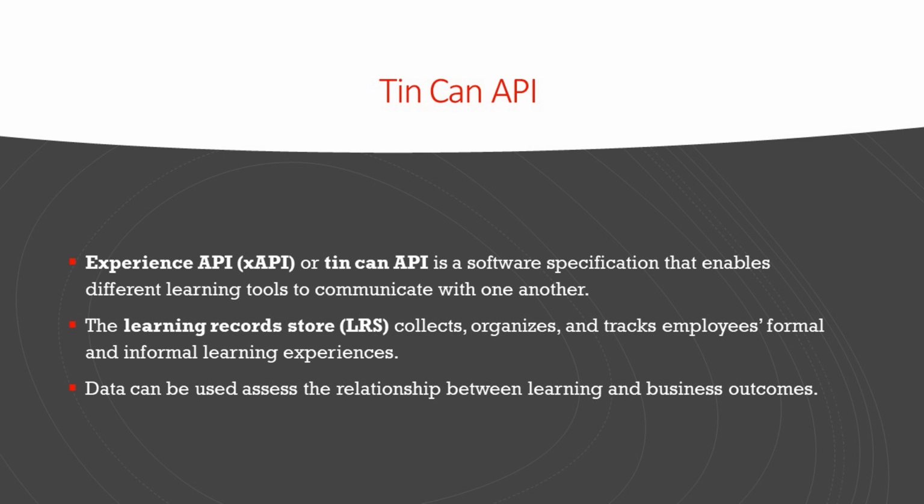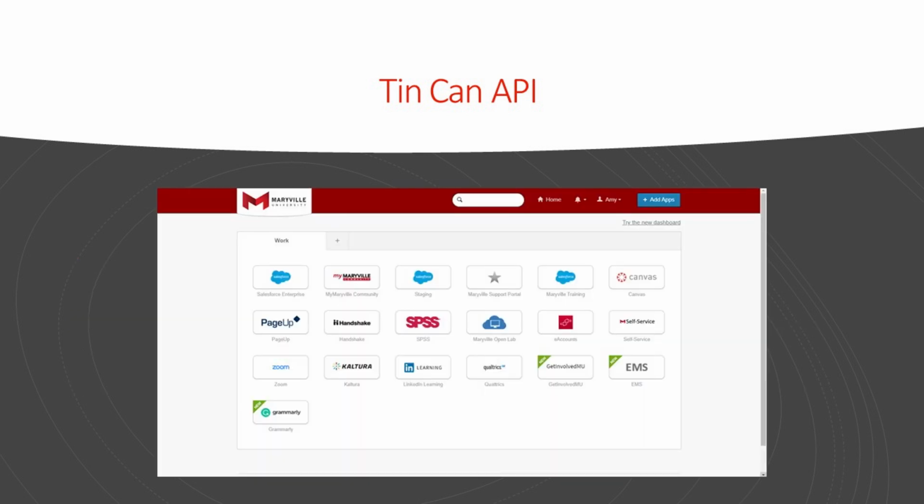Experience API, more commonly referred to as Tin Can API, is technology that allows different learning tools to communicate with one another. The data from these tools can be collected, stored, and accessed by trainees in what are called Learning Records Stores, or LRS. Maryville University has a platform that connects you to a variety of tools,